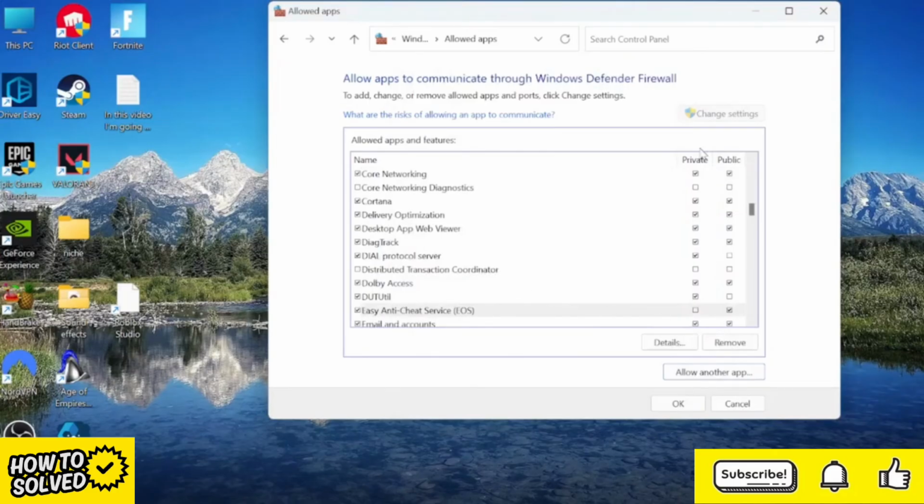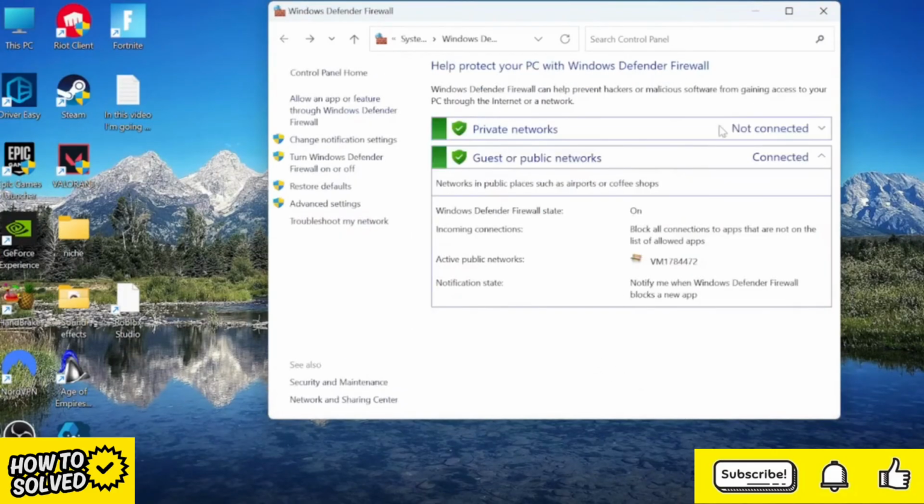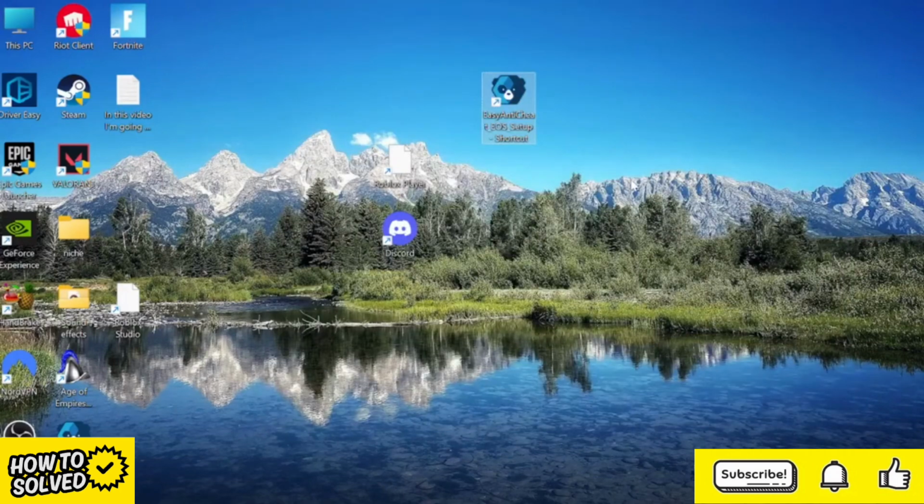Inside of here, you just want to make sure both Private and Public are ticked, and then we can select OK. And we can try launching Fortnite one more time. Now hopefully by following these two easy steps your Fortnite game is now working, but if you still are experiencing